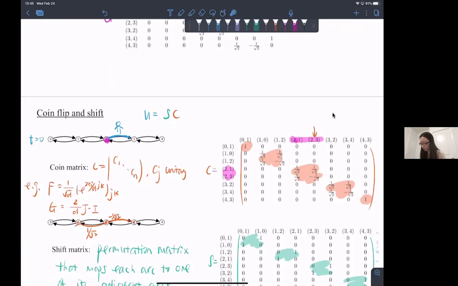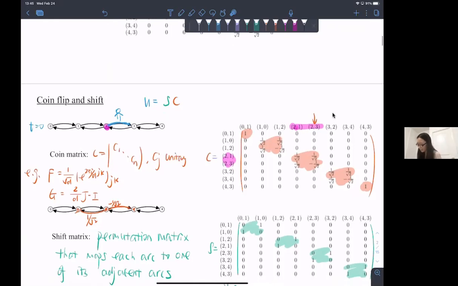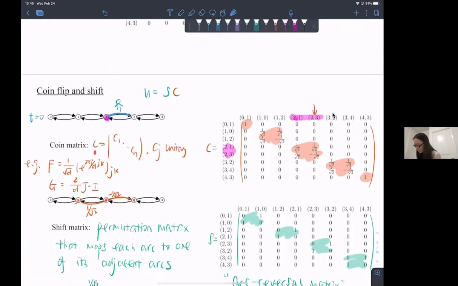One of them is called the coin flip, and the other is a permutation matrix. You can express U as a product of S and C. Yes, got that. Thank you. So in this C matrix, because, as you pointed out, C has to be unitary, every